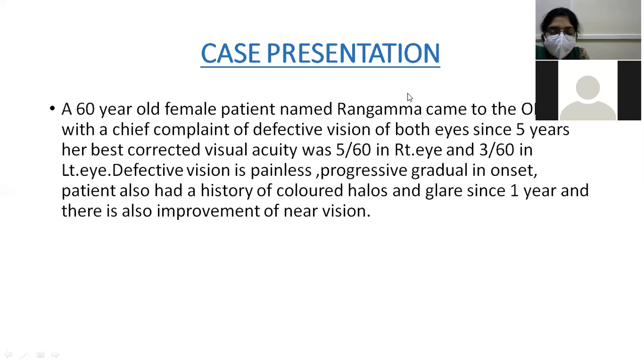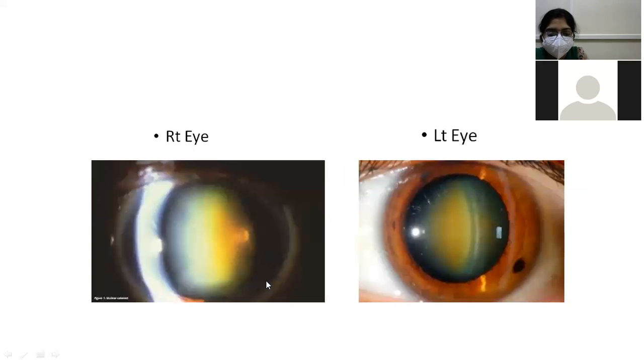Okay, go ahead. Narendra, in today's case presentation, what is the kind of cataract you're finding? It is a senile nuclear cataract, ma'am. Due to the yellow and brown color, stage 2 nuclear cataract, ma'am. Okay. And the patient also complained about slow, gradual, painless vision loss and colored halos. And he also complained about second sight.